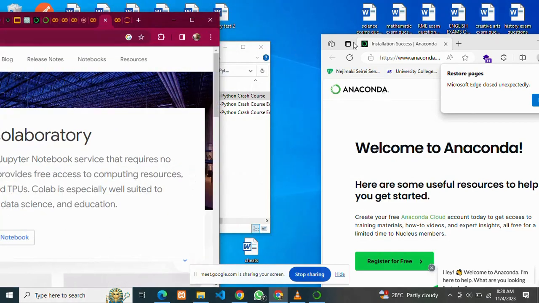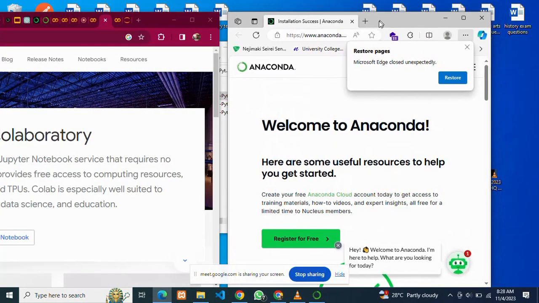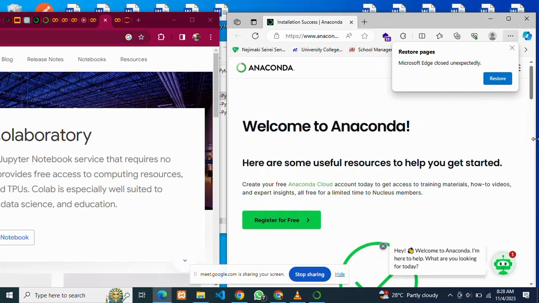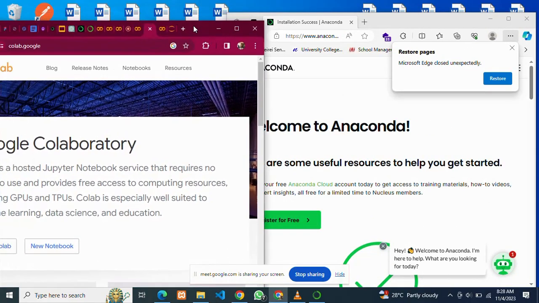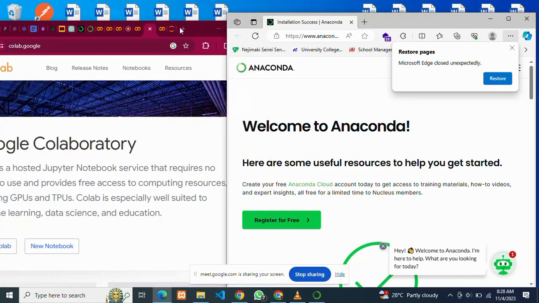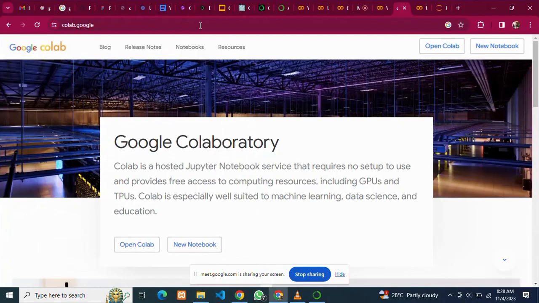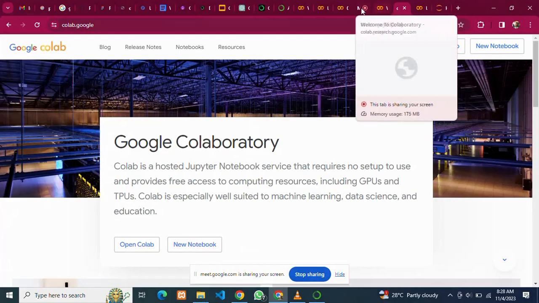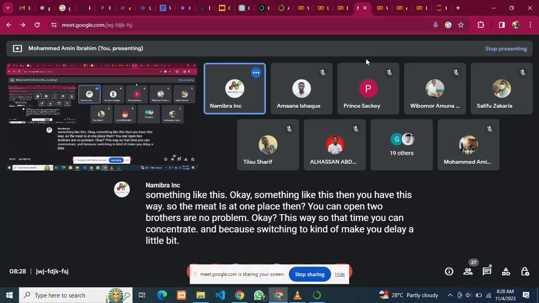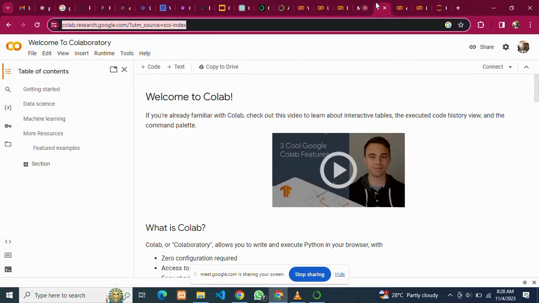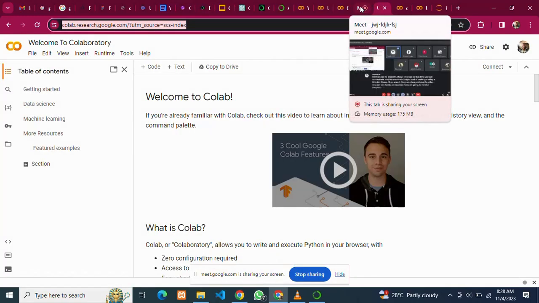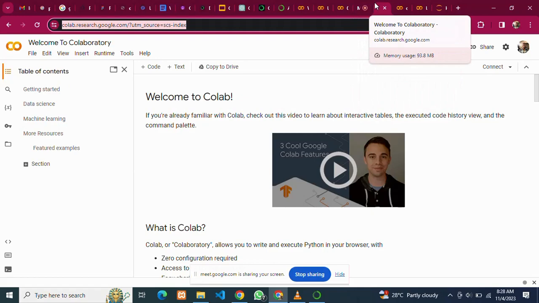So the meeting is at one place. Then you can open two browsers, no problem. Okay, this way, so that you can concentrate, because switching can make you delay a little bit. Please, I'll go ahead. Okay, so when you have the video, you could try your hands on it, because if you are going to wait for everyone, we are going to waste much of our time. Alright, so